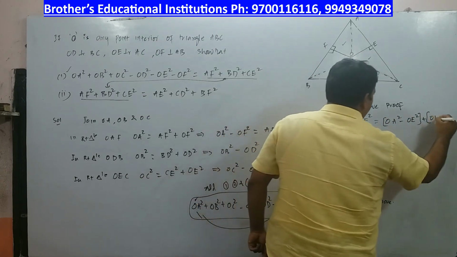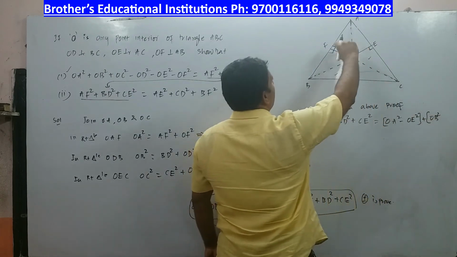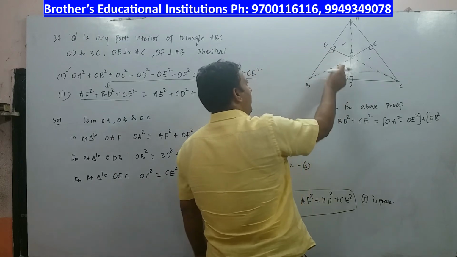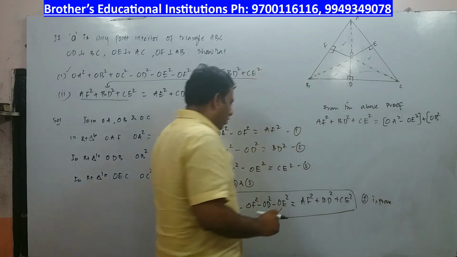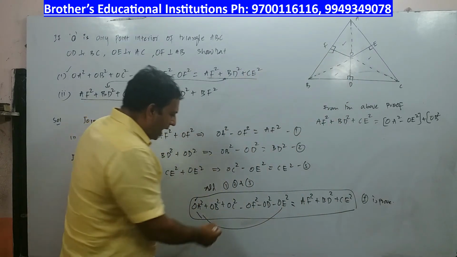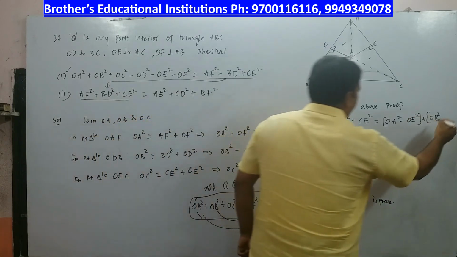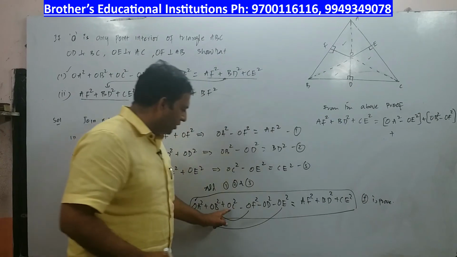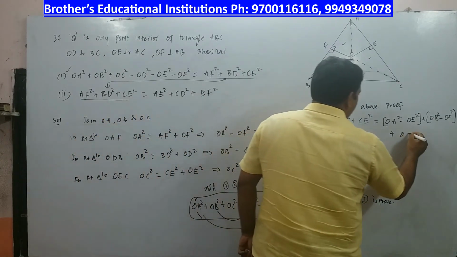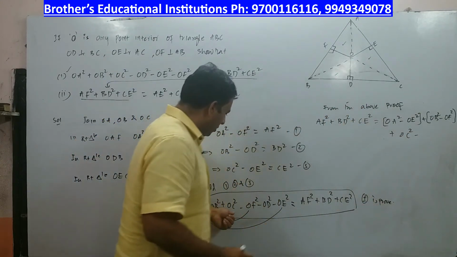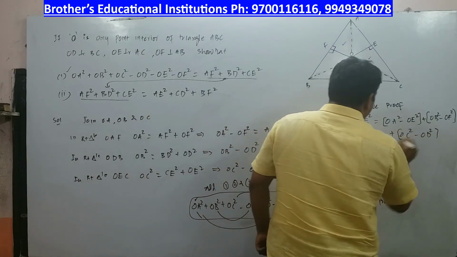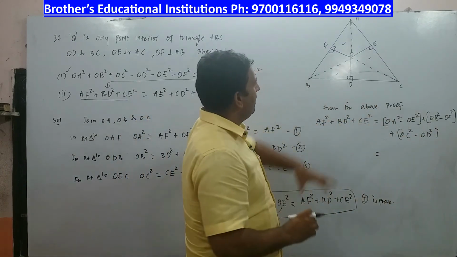Plus, again I will write OB square. Where is OB square? OB square, OB square. Now I took this triangle. Now you have to take the concurrent triangle, other triangle. Now just check whether you have any OF square. Along with OB, I have OF. So I will join this. You have to make pairs, right? OF square. Why, sir? You will come to know shortly. Now what is left out? OC square. I will write OC square minus OD square, what is left over? OD square.